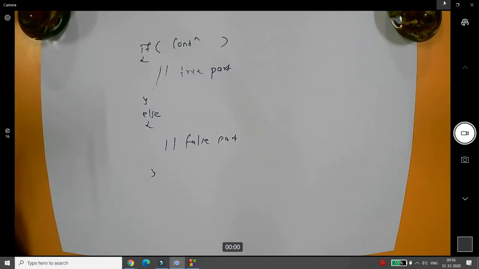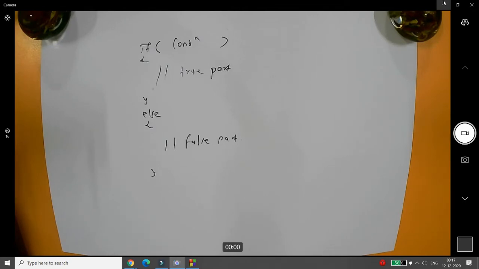But what if I have multiple conditions? Sometimes I want to give a discount to the user if and only if his purchase is greater than 1 lakh, right?